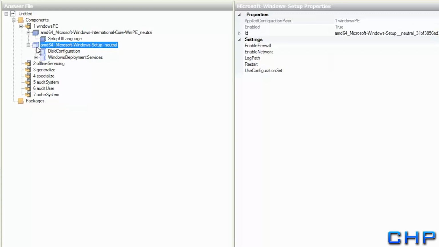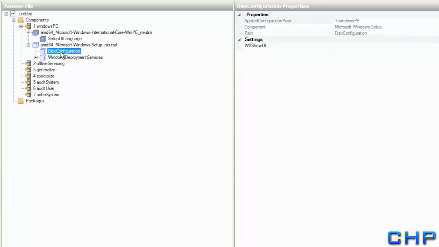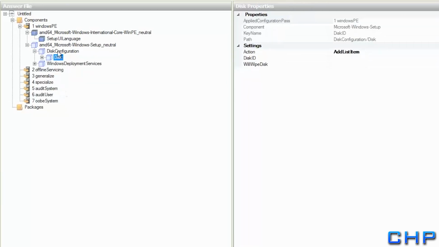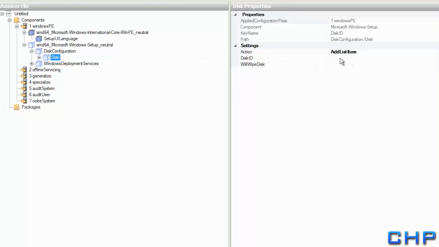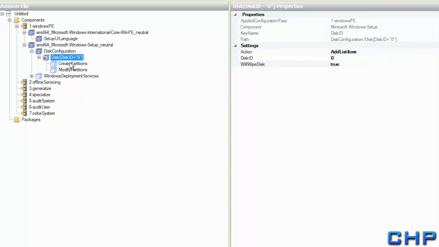So I'm going to select the disk configuration. I'm going to right click it and select Insert New Disk. For the disk ID, I'm going to select 0, and for Will Wipe Disk, I'm going to select True. Now I'm going to go back over and expand this, and you'll see I have two options,